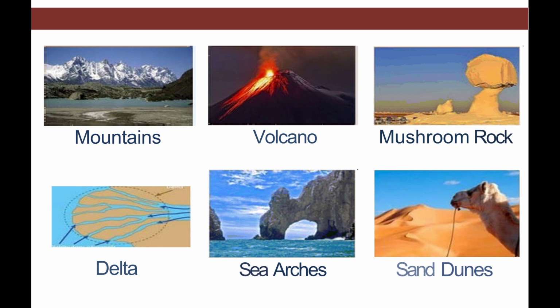Here we can see what type of changes are there. The appearance and characteristic features of landforms are greatly influenced by different types of rocks. We can see here in this picture. What makes our earth dynamic even though it appears quite stable and still? Well, there are forces on the surface and under the earth that are constantly at work. They are continuously changing the face of the earth.